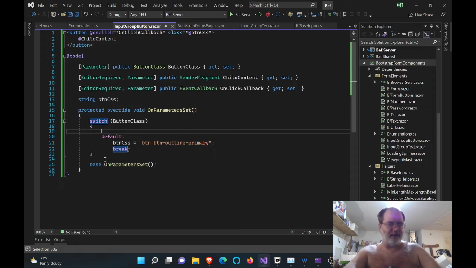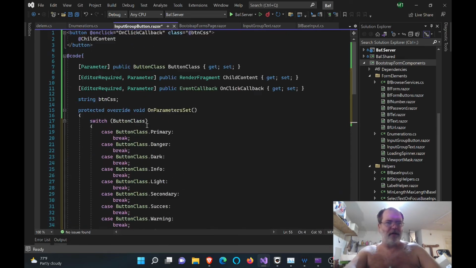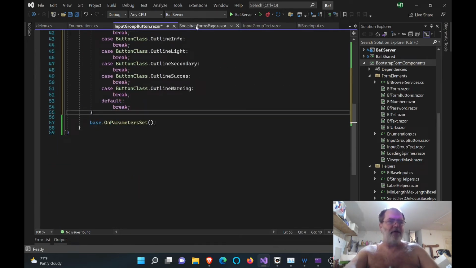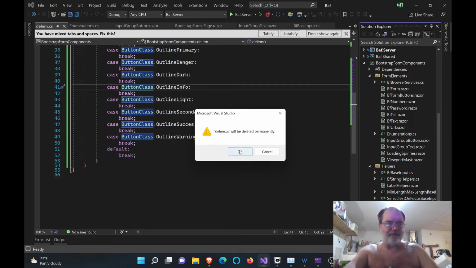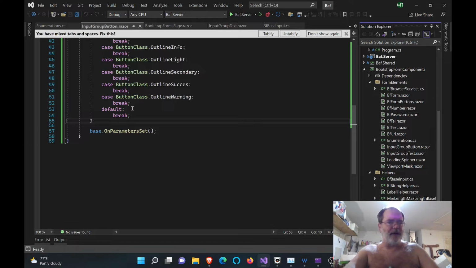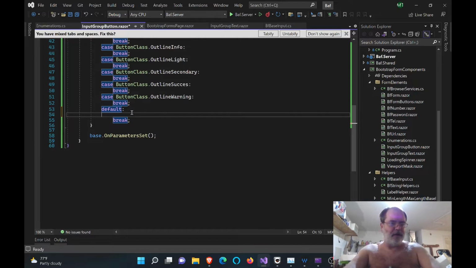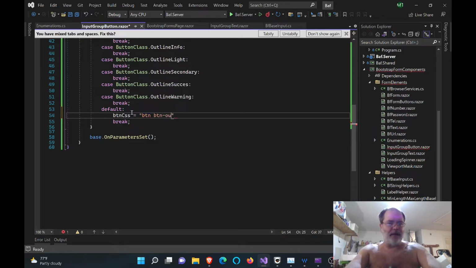Come back over here. Put that in. Everybody loves everybody. Delete me. Who's delete me? Where did I put it? Brain dead. So anyway, get that going on. The default will say button CSS, button outline,